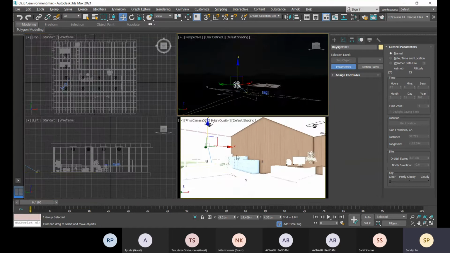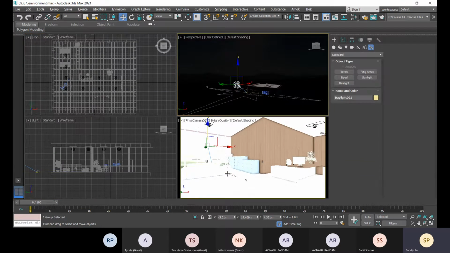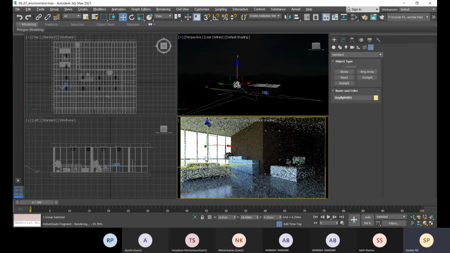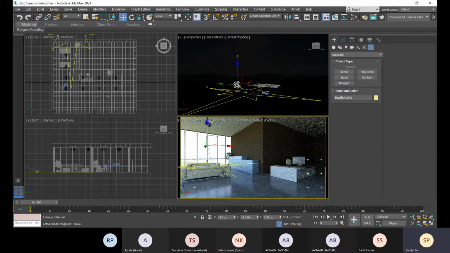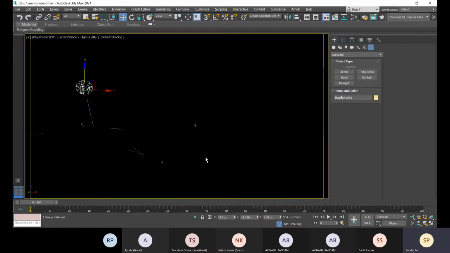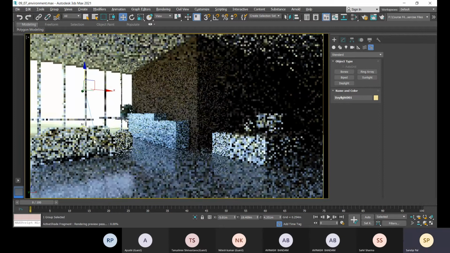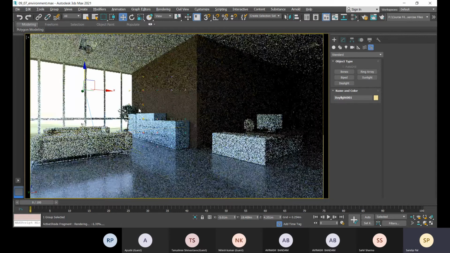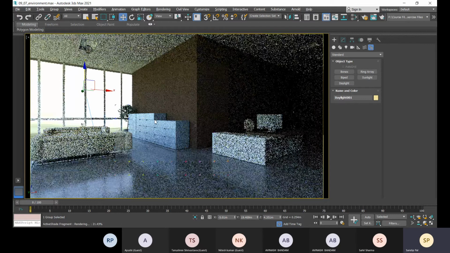Let's come back to Alt W, and here you can check it to active shade, high quality, and here you see the sunlight is coming, and we are also getting that background as well. Okay, so here we are getting better daylight, correct, according to the proper time we're getting it.